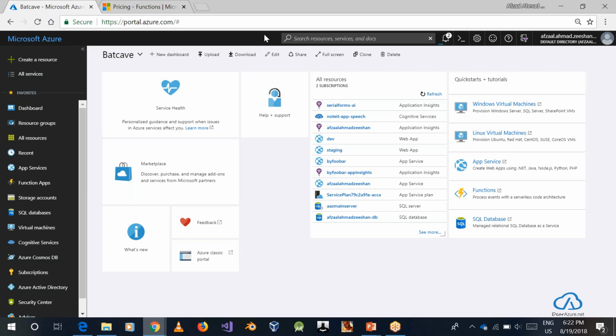the Linux pricing is really very low, and at the same time, the performance of the Linux app service is huge. It's a really huge difference in terms of performance when it comes to Linux and Windows. So it's really very beneficial if you consider using the Linux app service environment.